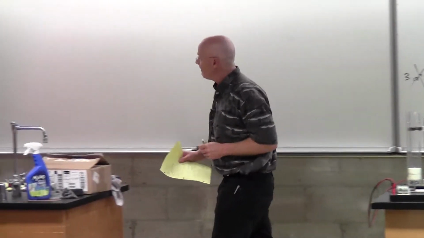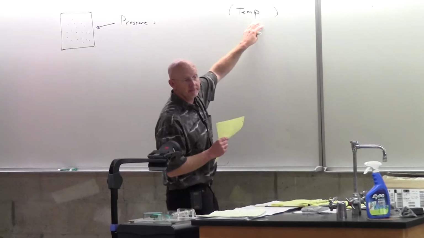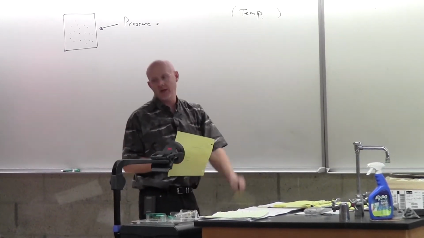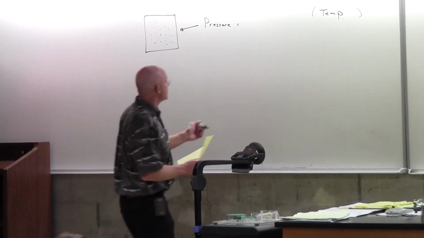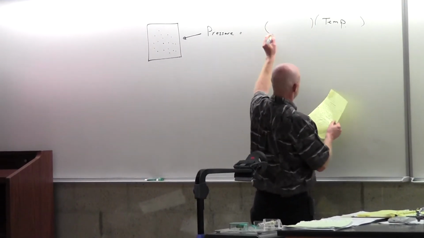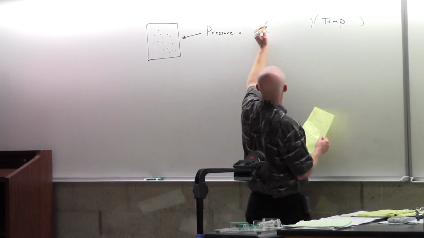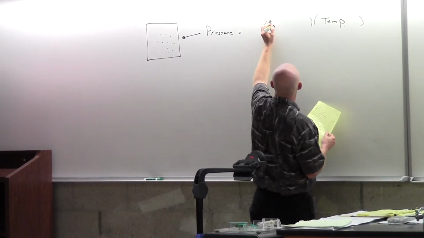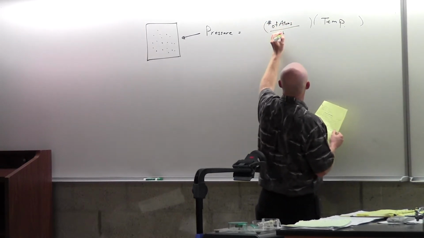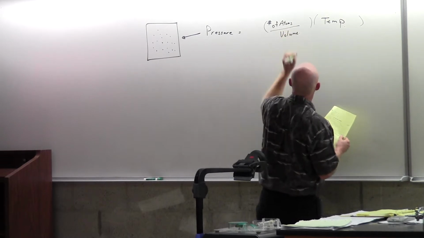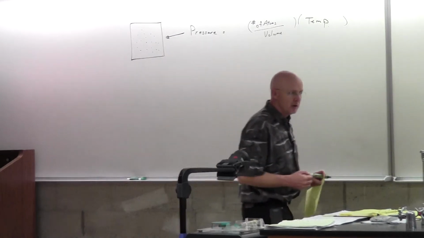So when I put that up there, I am trying to say that pressure should be related to how fast they're moving, but only on the Kelvin scale. So there's one of my factors. I would put another in here that says it is probably equal to what I'll call the concentration. How about the number of atoms or molecules per volume? What kind of concentration do I have in here?